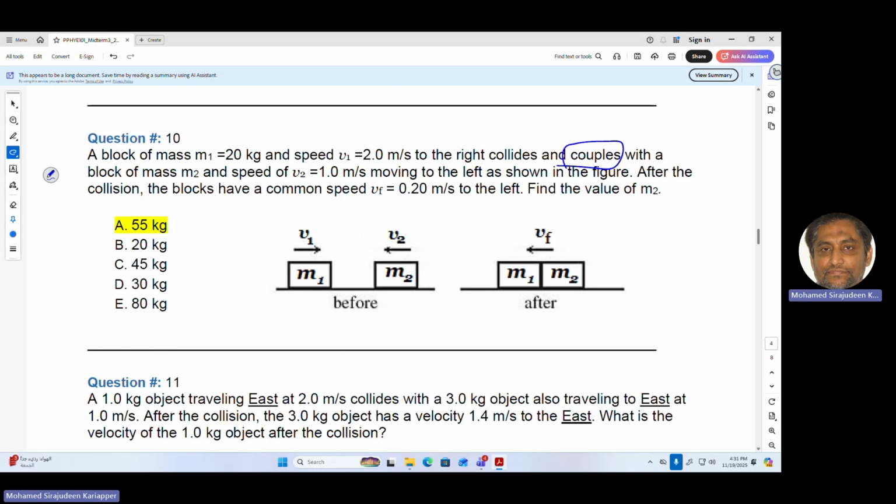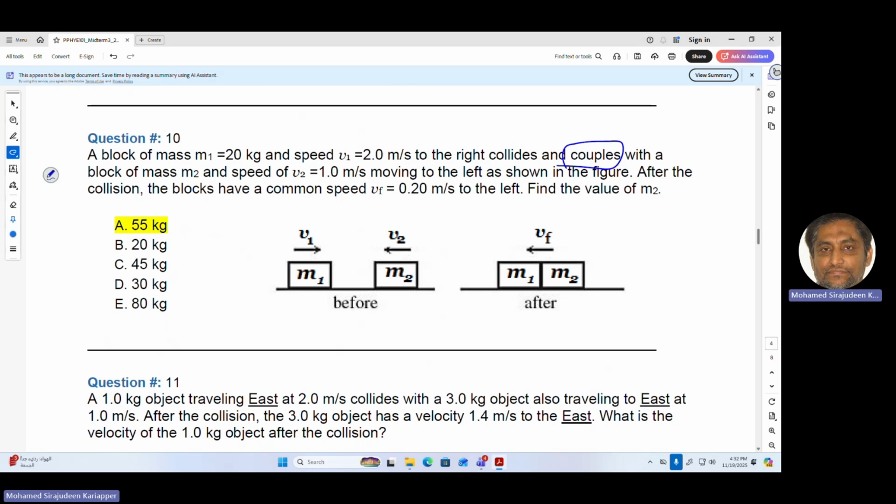But we have a special name for this. We call it perfectly inelastic collision. Whenever they combine, such a collision is inelastic, yes, but additionally we call it perfectly inelastic collision. That is when they combine. So it is an inelastic collision. The only law we can apply is conservation of momentum. But it is fine, because